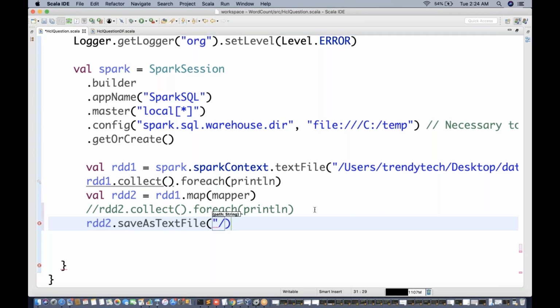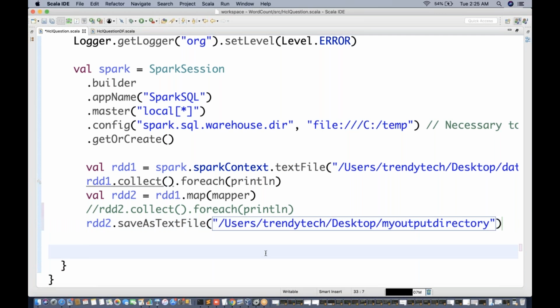For example, Users/trendytech/Desktop/myoutputdirectory. Let's say I'm giving some random name. I will copy this also because I have to check the results here.